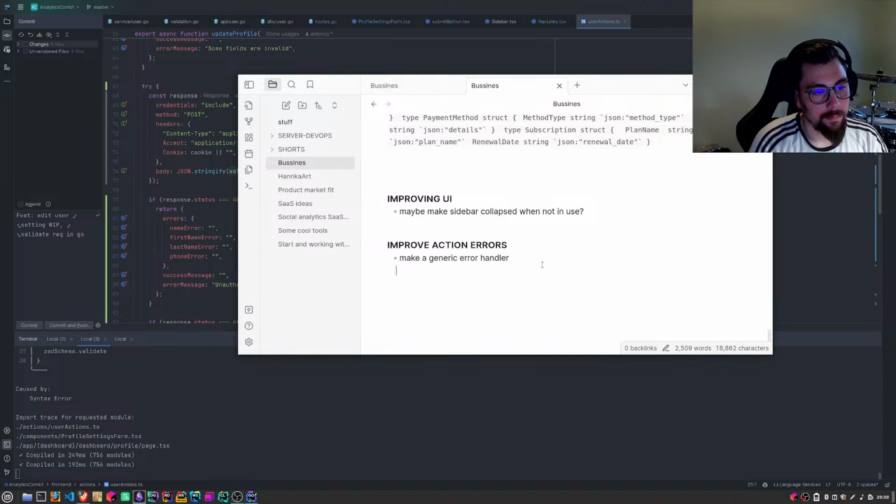But we can do schema Zod schema validation. Try to create a unifying wrapper that would handle schema validation and schema errors.